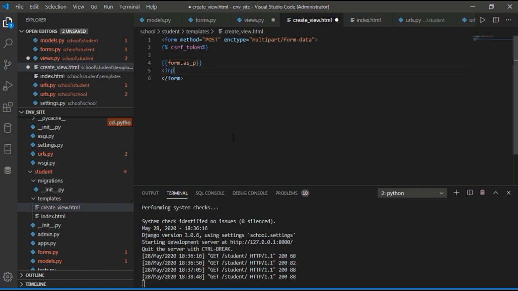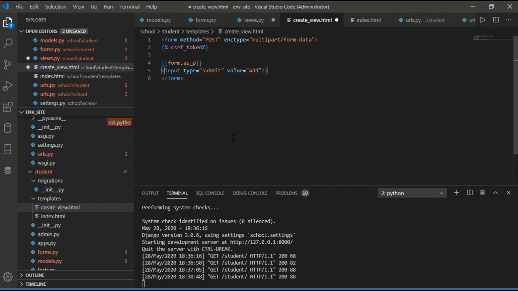Create view.html. Create view.html, and we have context. Now create view.html, we will create inside templates.